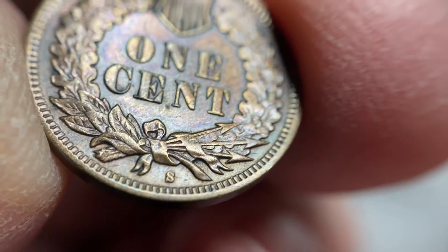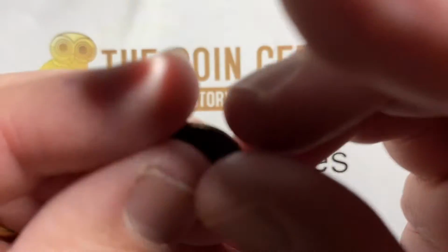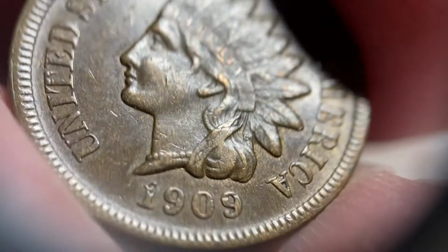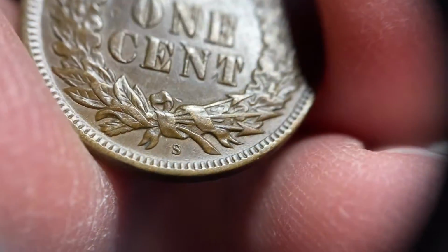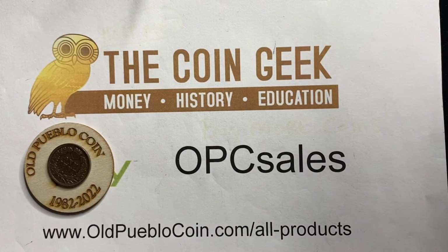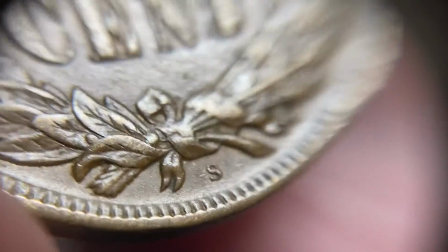And we're going to see what we can get done here with this 1909S and this 1909S. All right, and you'll notice a little bit that the S's are slightly different. This S is very much so open,